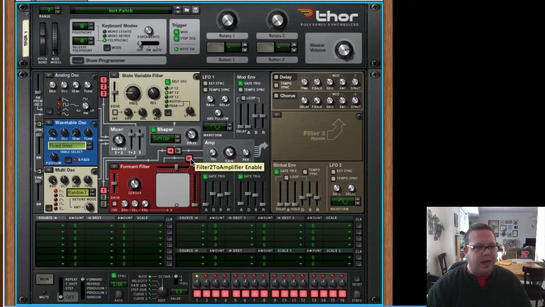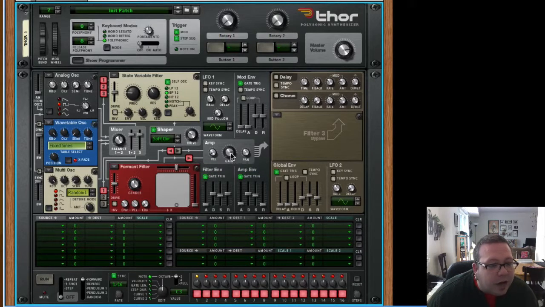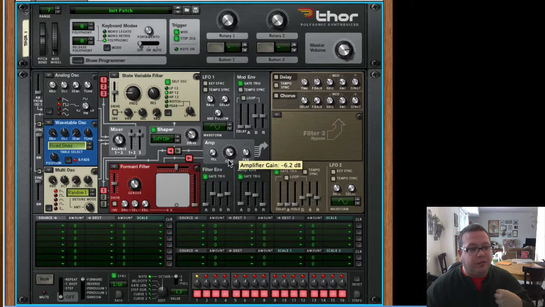Okay. I have to remember that these arrows matter, and so if I send things down into the formant filter, then I need to make sure that I also engage filter to amplifier. Okay? And this is also where we can change the gain of things, or the level. Remember how I said we lost volume, and so this is where we can make up volume after we've lost sound. So, again, I'm going to go ahead and play this,